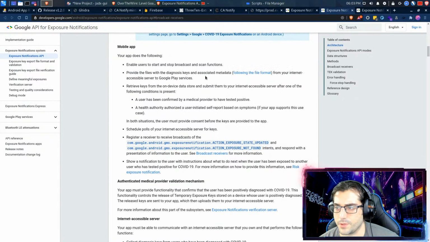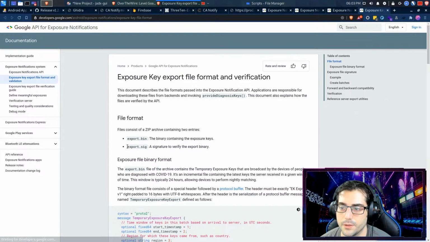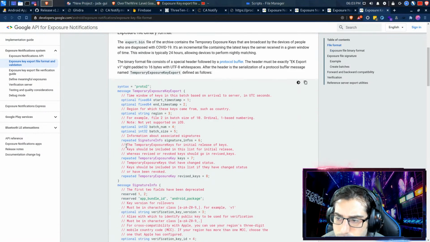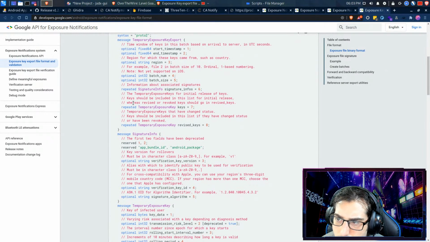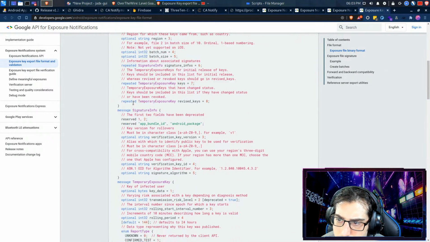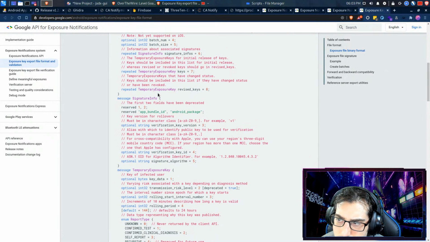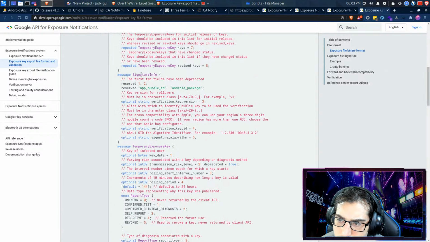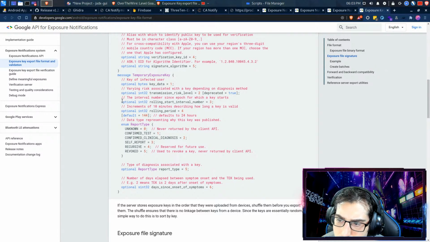Provide the files with diagnosis keys and associated metadata. So what's the file format for what gets uploaded? Here's what a temporary exposure key looks like. Start time, end time, region. Repeated keys. And then